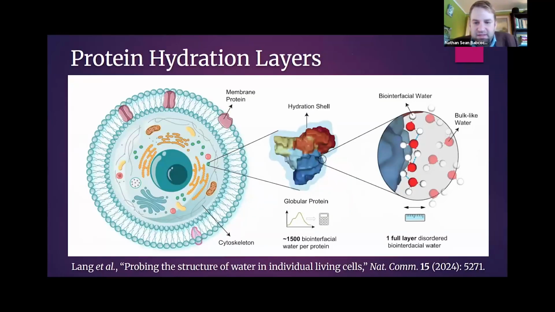When we look into cells, of course, these kinds of hydration layers are everywhere, covering every part of the system. If you zoom into a globular protein, everywhere you look, you see these biointerfacial water molecules that are separated from the more bulk-like water. But in fact, even in a relatively simple bacterial cell, studies have shown that the solvent,